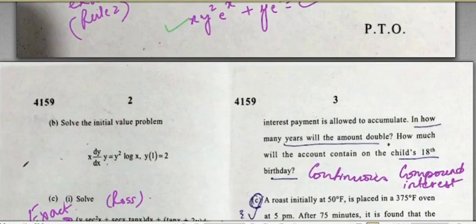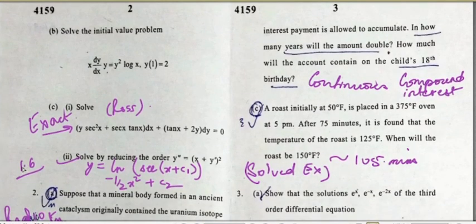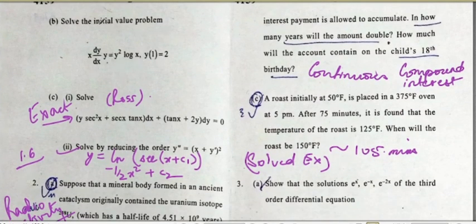Moving on to the second part of the first question, you were to solve this initial value problem. It's a very easy question. You can see that it's a separable equation, but there's an initial condition attached to it, so do not forget to find the value of the constant in the end. Just finding that C and writing the final particular solution was expected in this question.